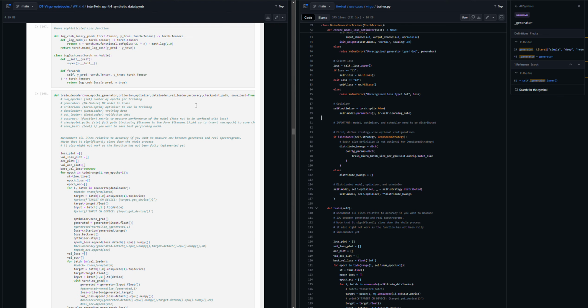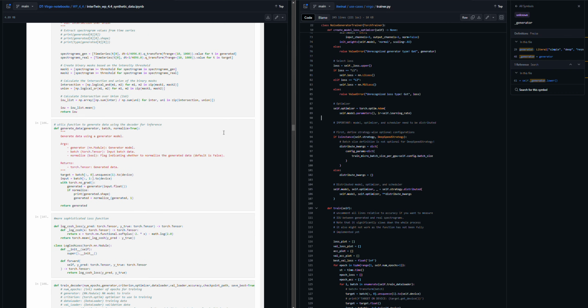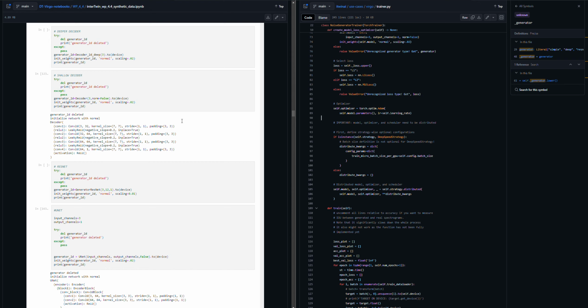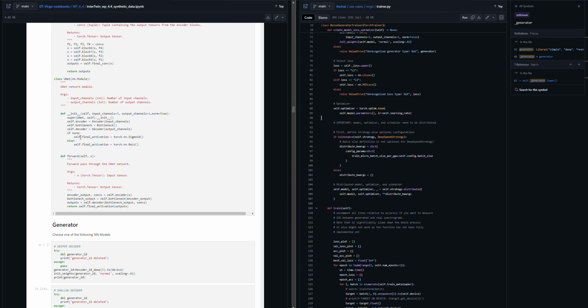Yeah. Now, I forgot where the Adam optimizer is defined. I think it's here. Okay. Anyways,